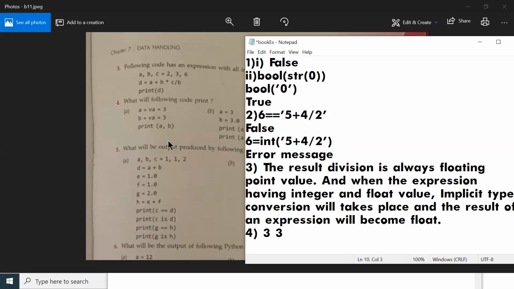Okay, so normally we tend to make a mistake by giving a comma. You cannot give a comma in between. If you give a comma, we are supposed to reduce half a mark for that. That is for the centum papers, all these small things will be verified. So if you really want to score centum, you have to be careful with these areas. In print(A, B), the default separator is space only, so there will be a space in between the variables, so the result will be 3 space 3.